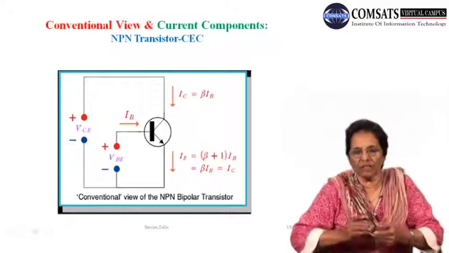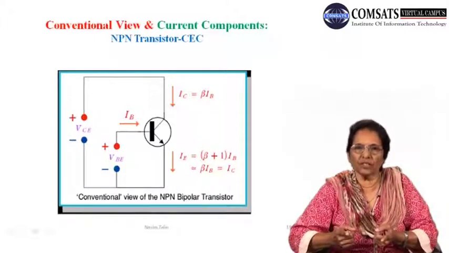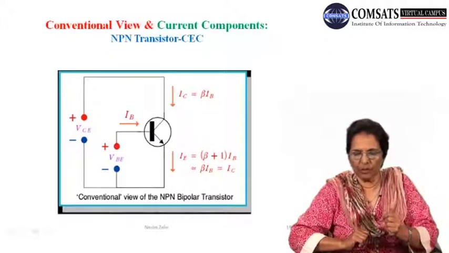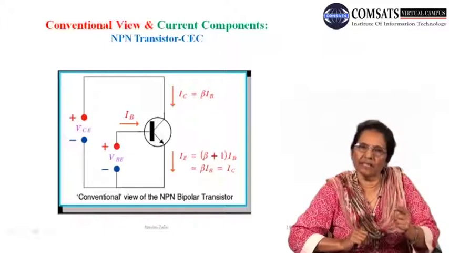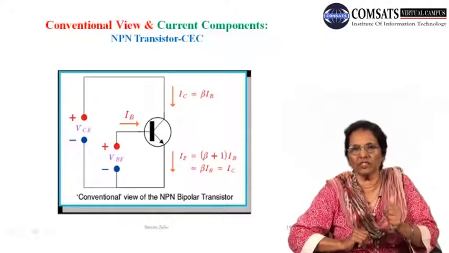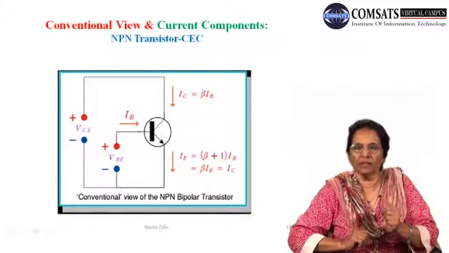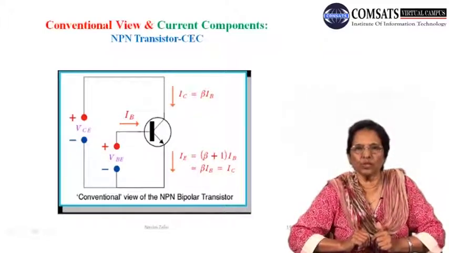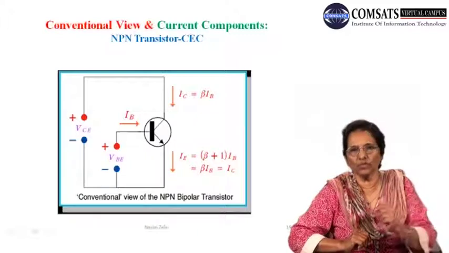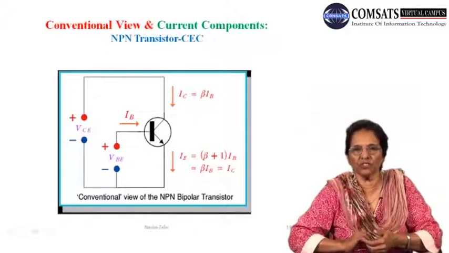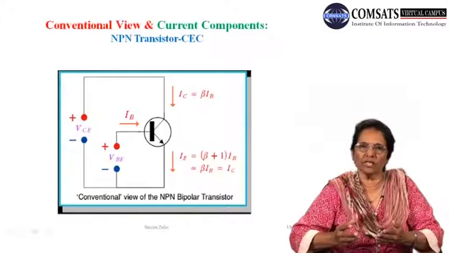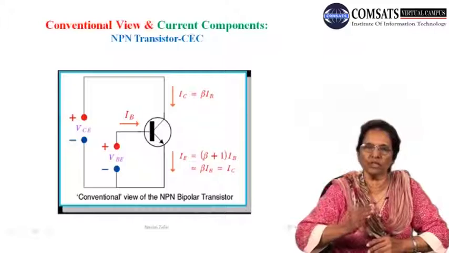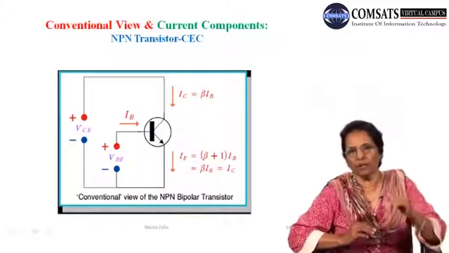लेट्स टेक एन NPN ट्रांजिस्टर। ये एक NPN ट्रांजिस्टर की सर्किट सिंबल है। याद रखिए कि एरो हेड जो इमिटर पर इंडिकेट किया जाता है दैट डिस्टिंग्विशेस वेदर द ट्रांजिस्टर इज PNP और NPN। तो NPN ट्रांजिस्टर में ये एरोहेड डाउनवर्ड होगा टुवर्ड्स इमिटर, यानी करंट फ्लोज फ्रॉम बेस टू इमिटर इन अ फॉरवर्ड बायस जंक्शन, और PNP ट्रांजिस्टर के लिए ये एरोहेड अप होगा टुवर्ड्स द बेस, दैट इज फ्रॉम इमिटर टू बेस, और NPN में फ्रॉम बेस टू इमिटर।